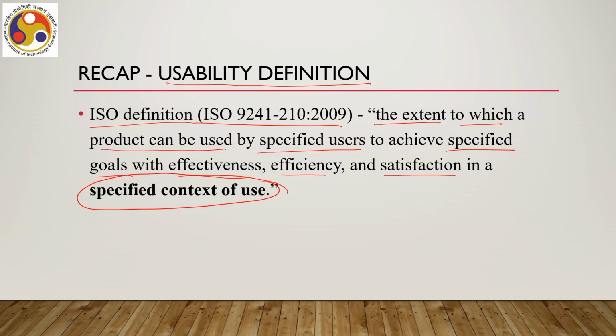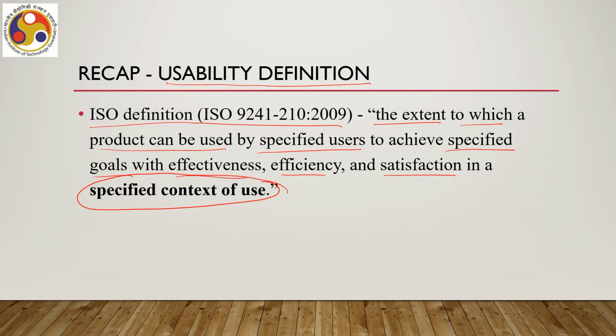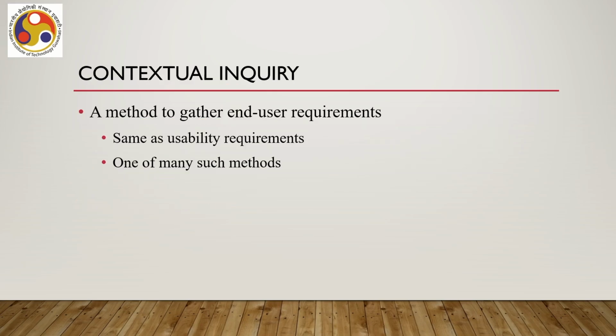So, it talks about a usable product with respect to a specified group of users trying to achieve specified goals in a specified context of use with effectiveness, efficiency and satisfaction. So, essentially any usable product must have a specified context of use. Now, based on that idea,